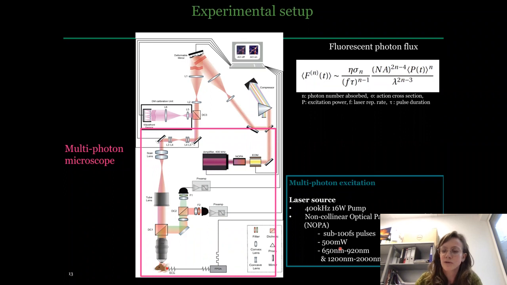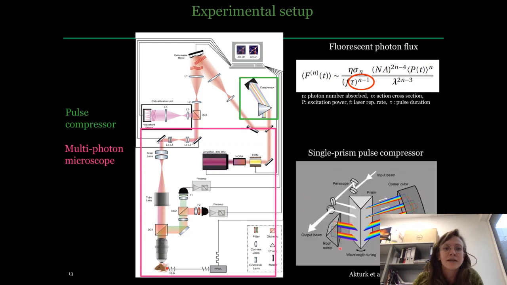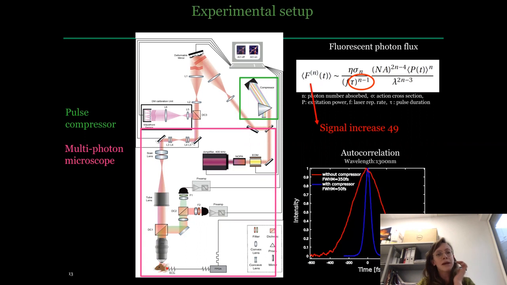And as we're working with these very short pulses, dispersion compensation becomes essential, as the fluorescent signal is inversely proportional to the square of the pulse duration. As a pulse compressor, we implemented a single prism pulse compressor, and some of you in Janelia might be familiar with this design, where you can either use the design with two roof mirrors or a roof mirror and a corner cube. We actually chose the design, which is not shown here, with two roof mirrors, because there you can maintain P-polarization so that you can always go through the prism at Brewster angle, which increases the overall transmission through the compressor. So with the compressor in place, we can recover 50 femtosecond pulses at the sample plane,